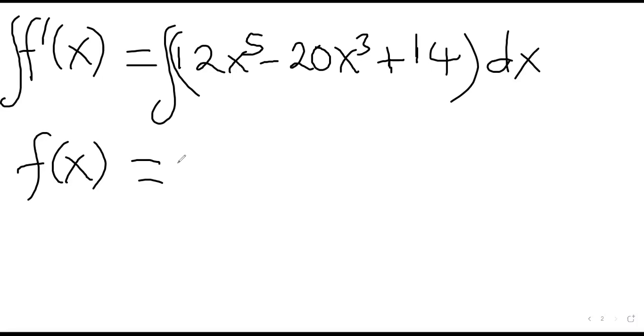So this is equal to, you start here, 12x^6. You add one to the power: this is x^5, so it is 5 plus 1, which is 6. The answer that you are going to get here, you also divide by 6. Then minus 20